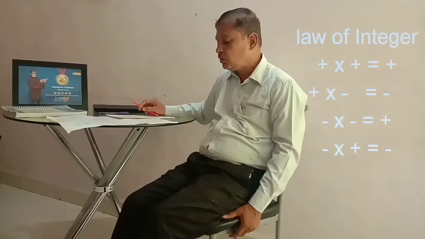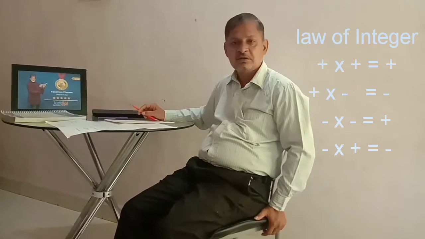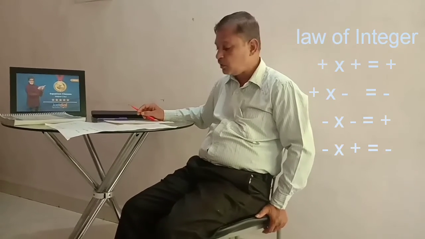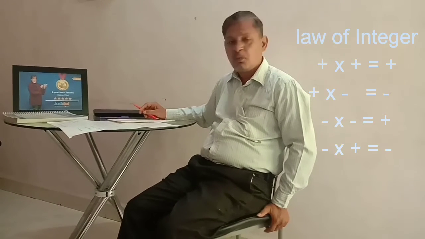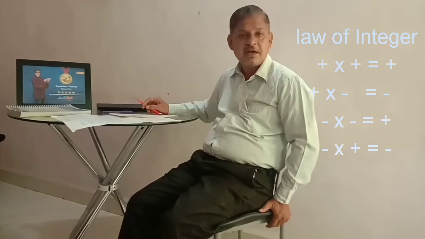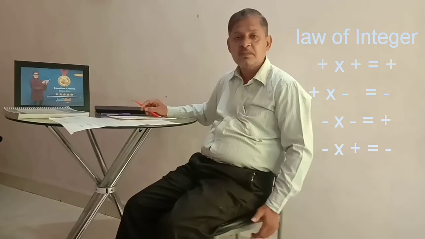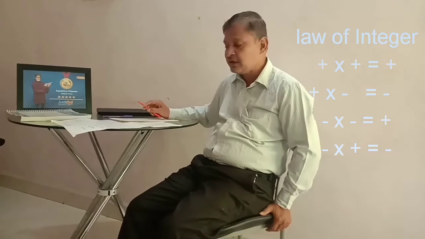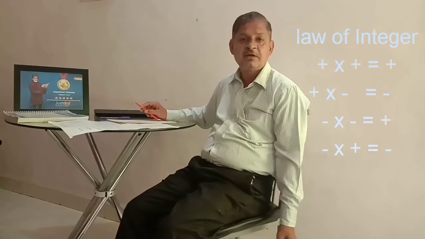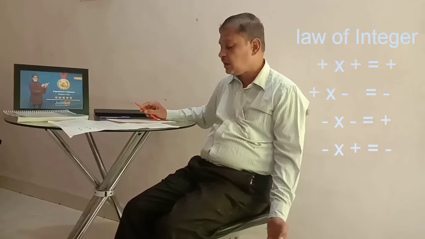The addition done on natural numbers. Now, when we go for integers, we have to see the operations of addition, subtraction, multiplication and division on integers. We'll take positive integers and we'll take negative integers. So when we see the law of integers, positive into positive is positive. Positive into negative is negative. Negative into negative is positive and negative into positive is negative. These are the basic laws which we have to follow for multiplication. For example, if we take two negative integers, minus 2 into minus 3, the answer is 6.